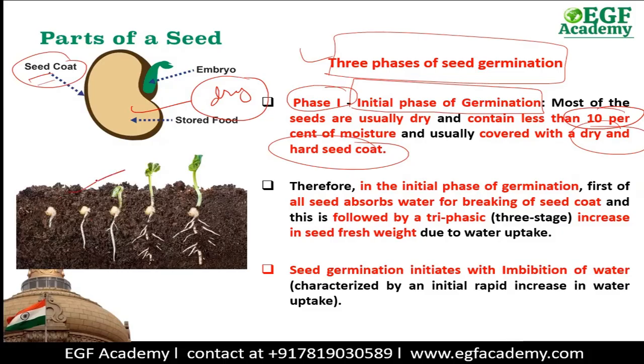So first of all, we sow the seed in the soil and then it is provided with water. Now this seed will absorb water. Due to this, its seed coat, which is the outer layer, breaks. Now when the seed coat breaks, water absorption starts. And when water is absorbed inside it, the weight of the seed starts increasing due to water uptake. And after this, the process of germination will start in it.